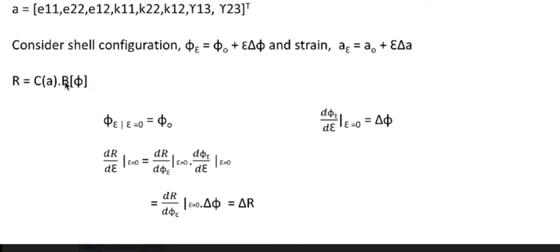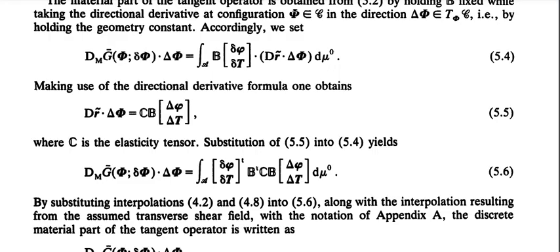So now we can write R, capital R, as C of A dot with A. So A can be written as B of phi. B is the same matrix differential operator set, at a particular shell configuration phi. Now we want to write the linearized R by considering the nonlinearities present in the expression of R. So basically we have this expression.